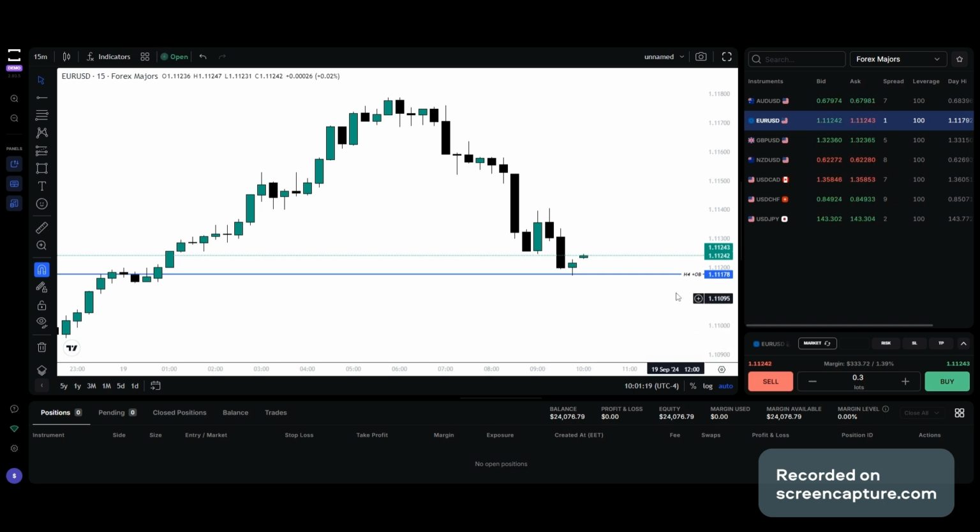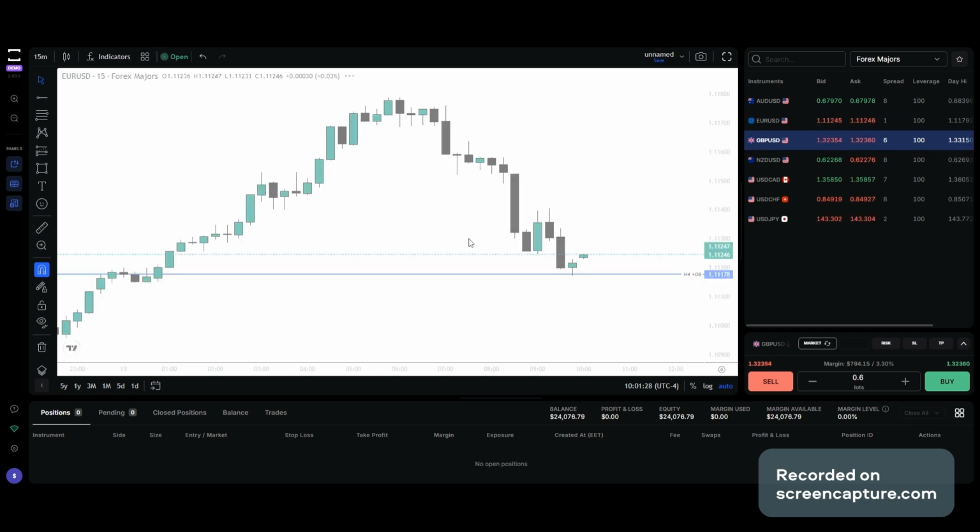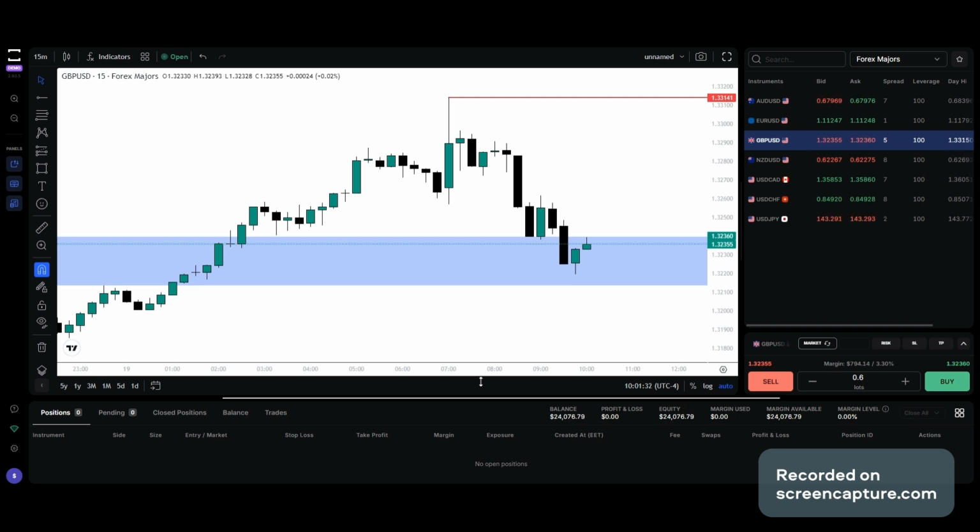And so for EU, we're basing off of a 4-hour order block. And for pound dollar, we're basing it off of a 4-hour buy side imbalance, sell side inefficiency, or a BISI. And so the reason why I'm favoring pound here over EU is because when we look at the euro pound chart,